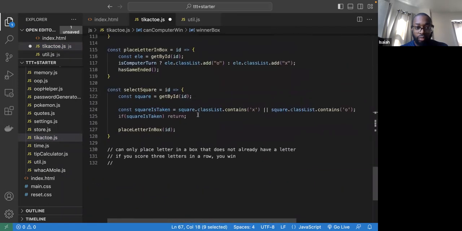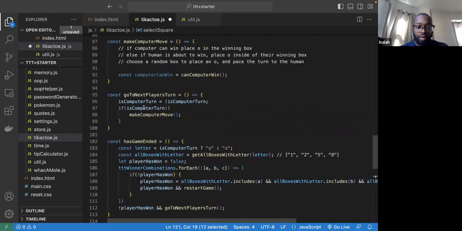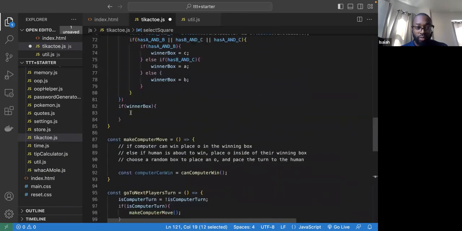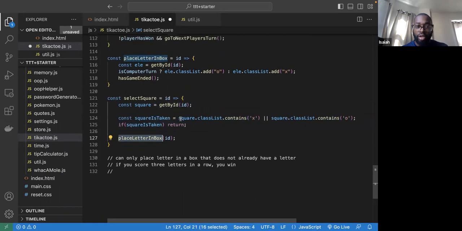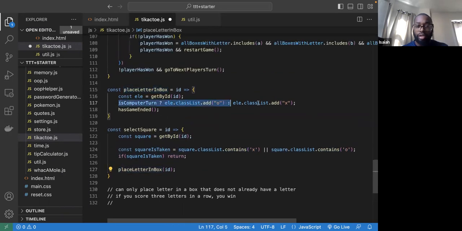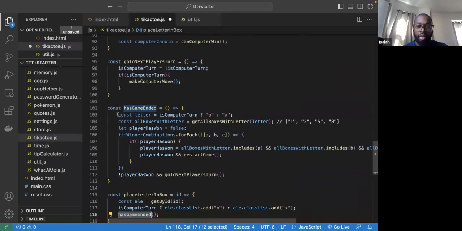So we would go here and select the square. If winning box, we want to select the square with the winning box, okay? Remember, when we go through here, we pass an ID, we get the square. Is it taken? Yes or no. If it's not taken, then we place the letter in the box. We check to see whose turn it is to figure out which letter. Okay, we check to see if the game has ended. If the game has ended, then